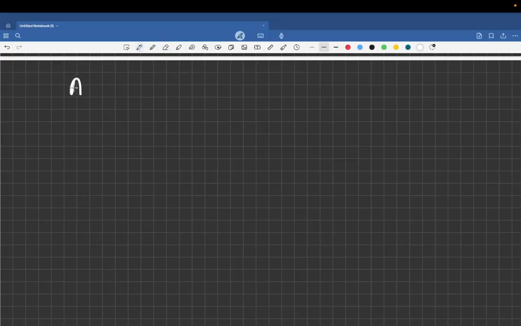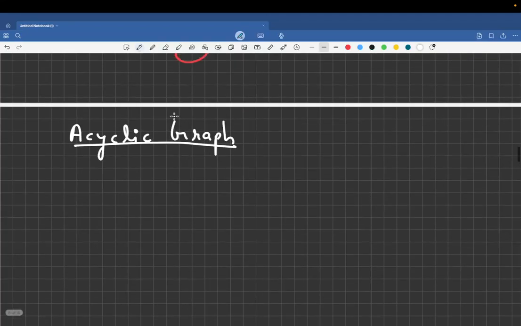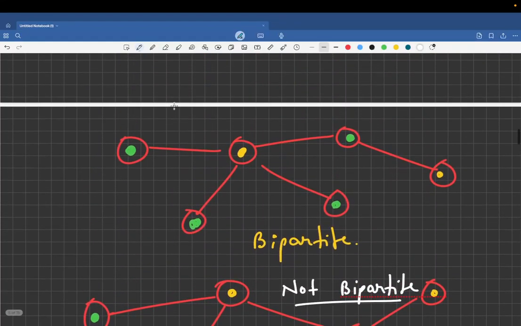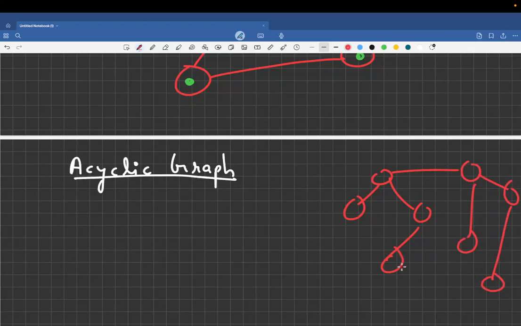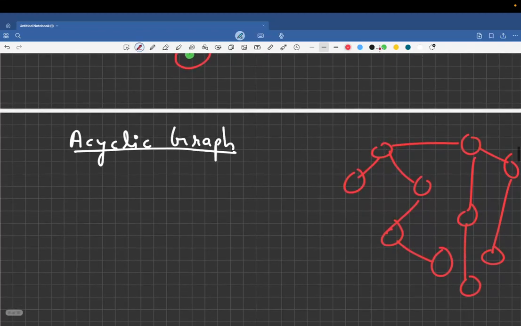Just tell me one thing. If I have an acyclic graph, that is, the graph does not have a cycle, can I say that the graph is always bipartite? Just imagine the graph does not contain a cycle. So it will look something like this. It will not have a cycle, right? So there is always an option to color this graph with two different colors.